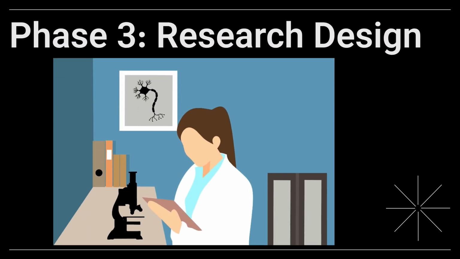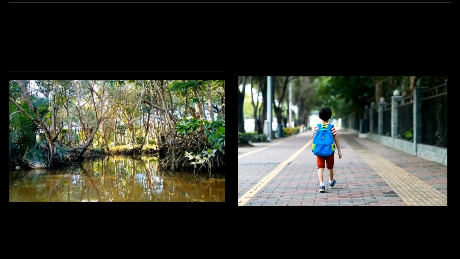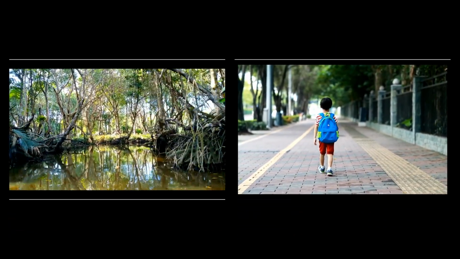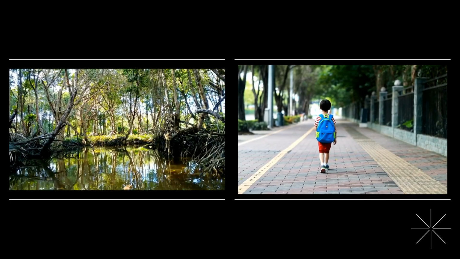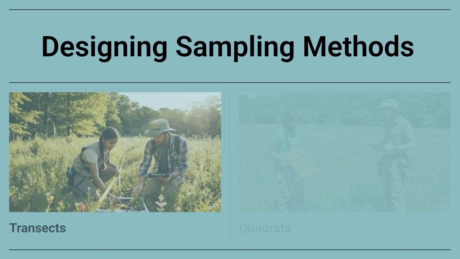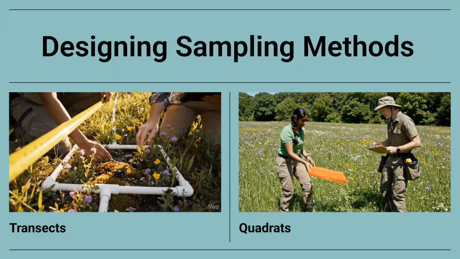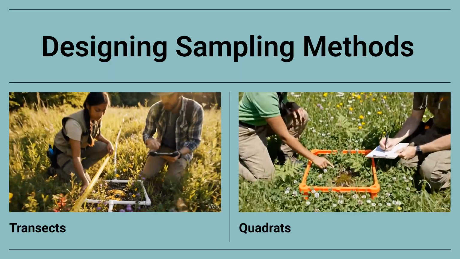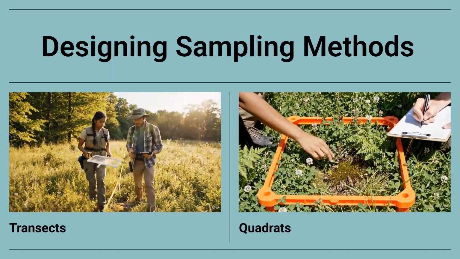This phase is about creating a blueprint for how and where you will collect your data to ensure validity. Choose a site that fits your research question, whether it's a coastal area like a mangrove or an accessible urban green space near your school. You'll likely use quadrats for plant surveys, transects for linear observation across habitats, or point counts for observing mobile organisms